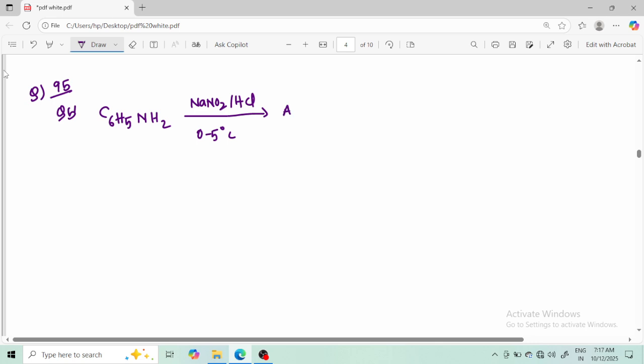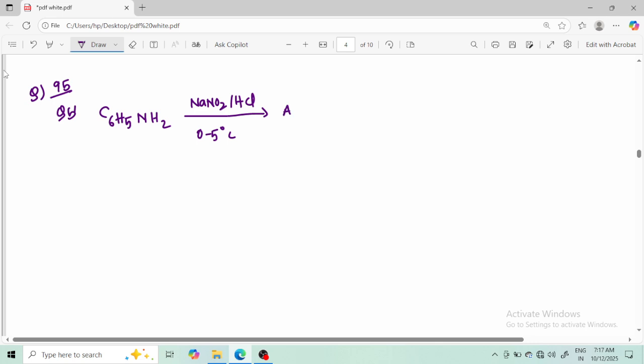Try this question. It's an MTG question only, question number 95, option B. So what will happen here, if they give C6H5NH2 and it's reacting with NaNO2 and HCl at 0 to 5 degrees centigrade, and it's reacting with A,